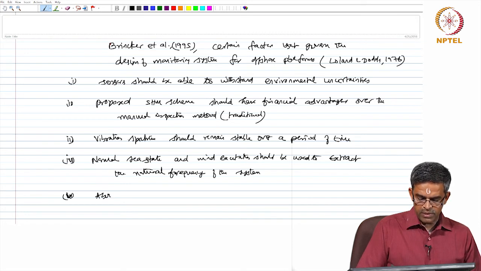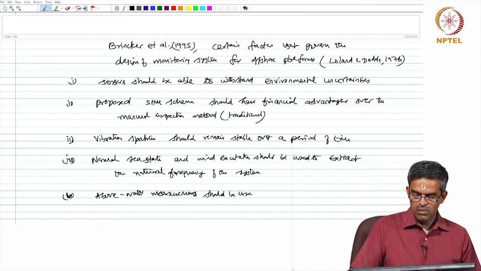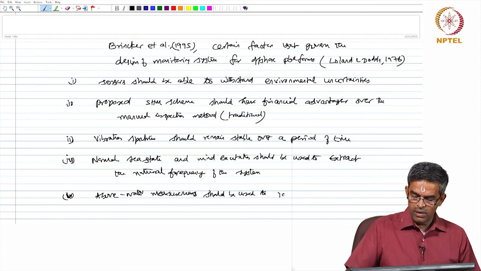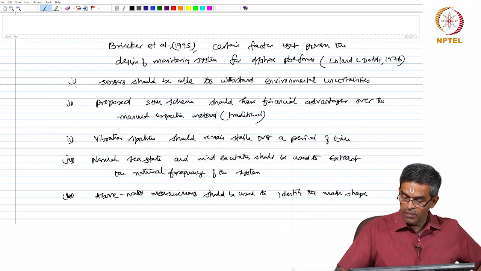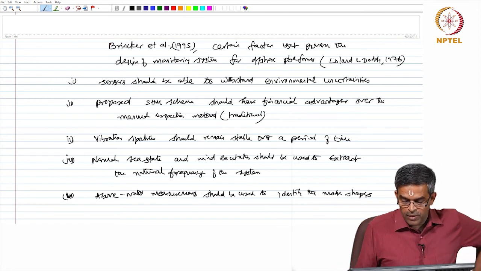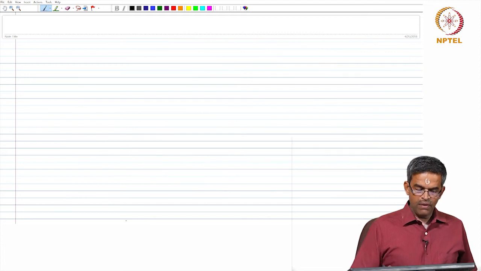Above water measurements should be used to identify the mode shapes, because the underwater measurements will be influenced by the buoyancy and the wave forces. Having said this,